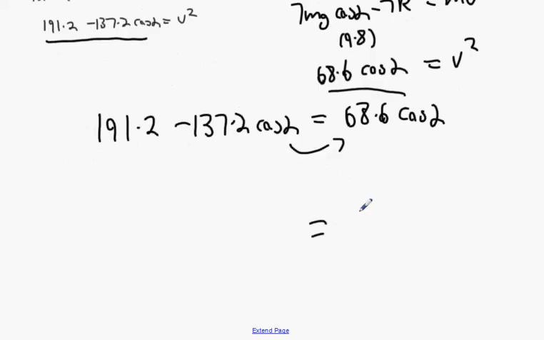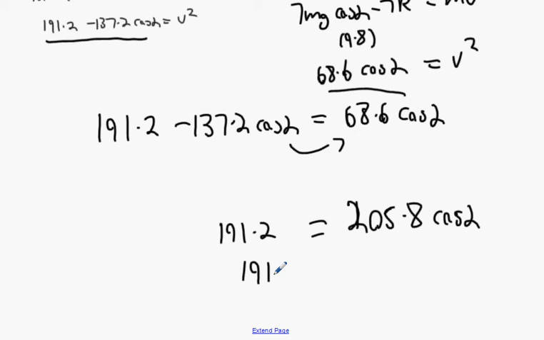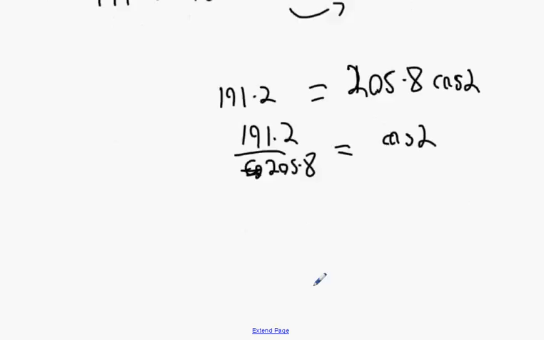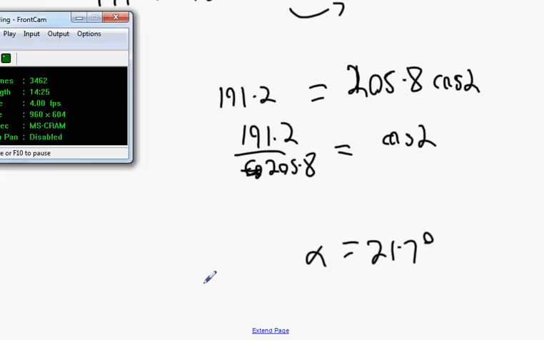We get 205.8 cos alpha equals 191.2. Bring it underneath, cos inverse. Oh wait a second. That's 205.8. And then cos inverse that, and you're going to get alpha equals 21.7 degrees. That one